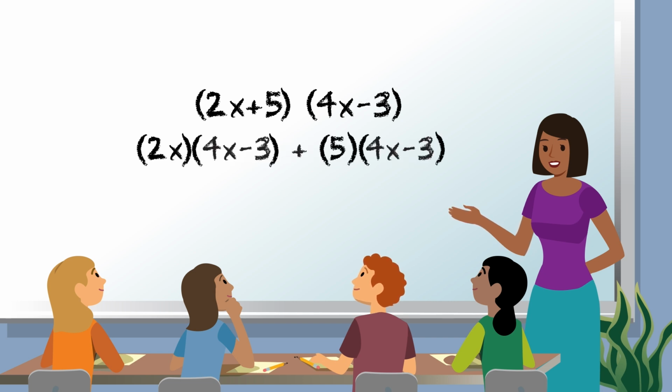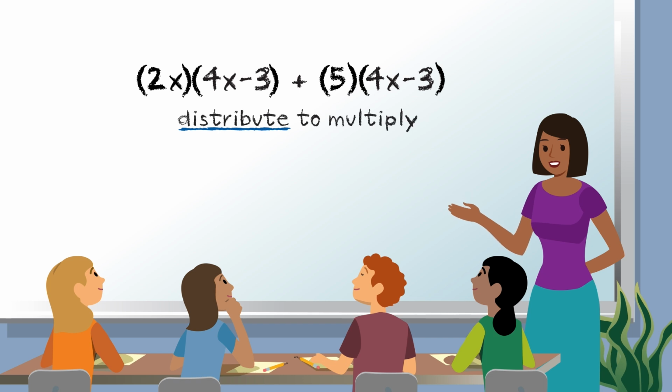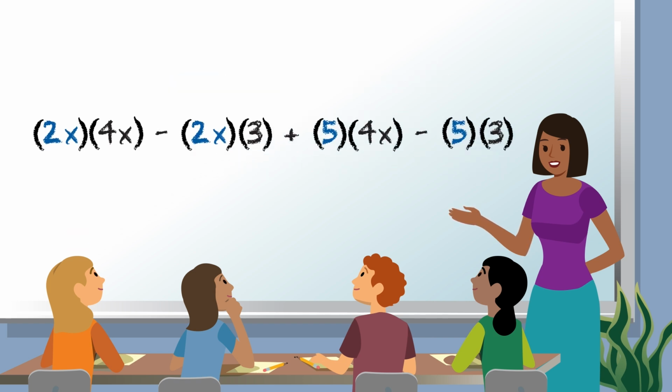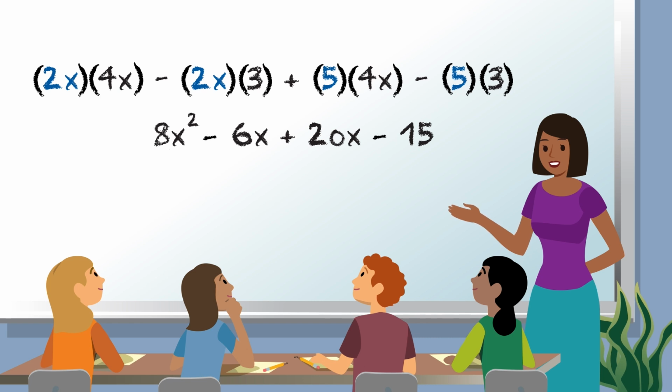We can use extensions of the distributive property of multiplication over addition to rewrite the expression. We can then distribute to multiply each binomial, 2x and 5, over the binomial. Carrying out the multiplication, we have 8x squared minus 6x plus 20x minus 15, or 8x squared plus 14x minus 15. Modeling precise mathematical language while noticing mathematical structure in solving a problem helps students understand the mathematical meaning behind